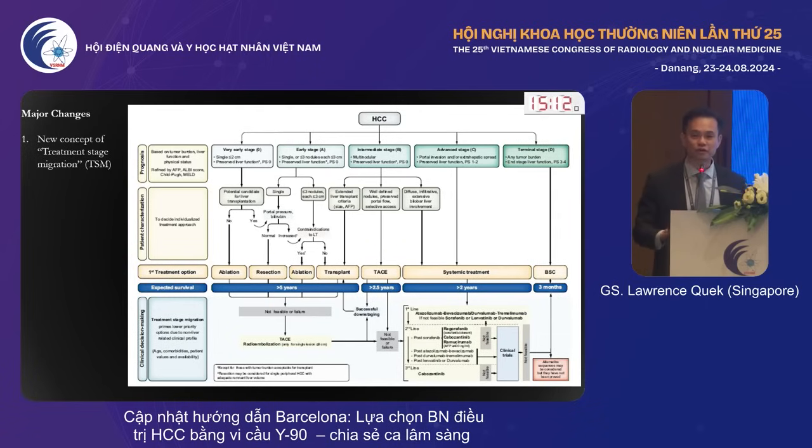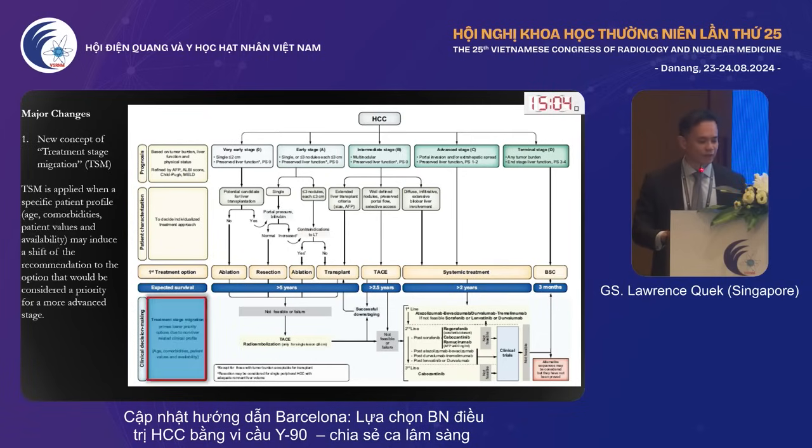And so I'll take you through slowly. So what has changed? We're talking about a new concept of treatment stage migration. And what does that mean? It means that based on the patient's specific profile, like comorbidities, age of the patient, patient values and availability, you may shift the recommendation from the left side towards the right side of the chart, which is more for advanced patients, but you can use those techniques to treat the early stage